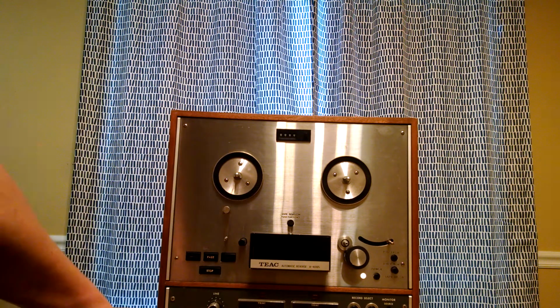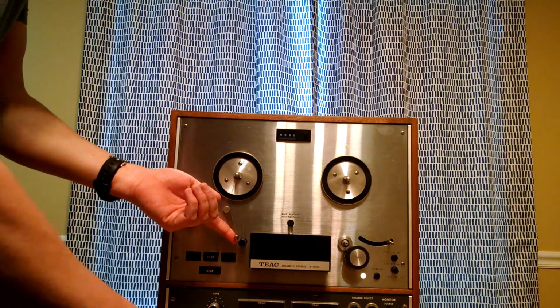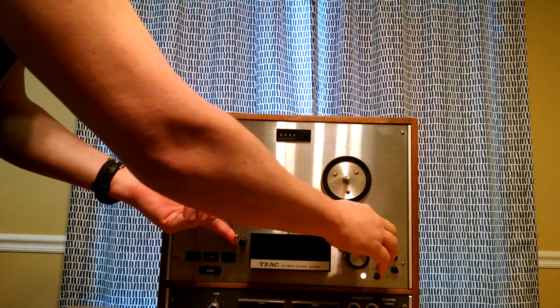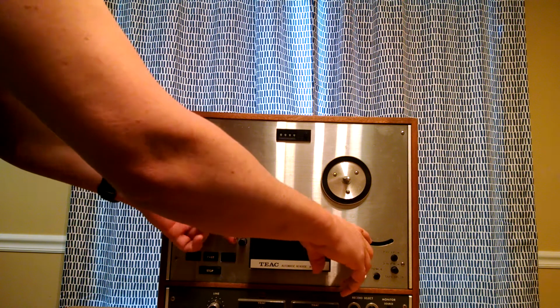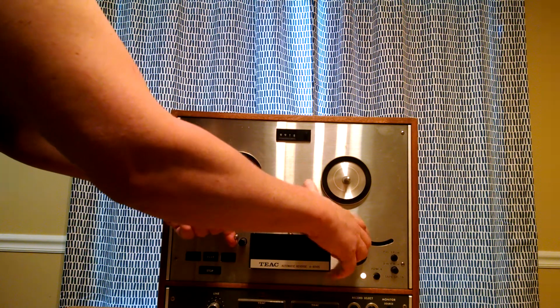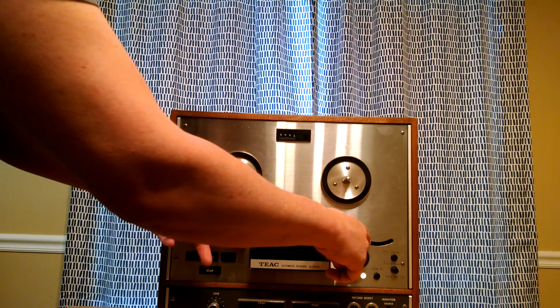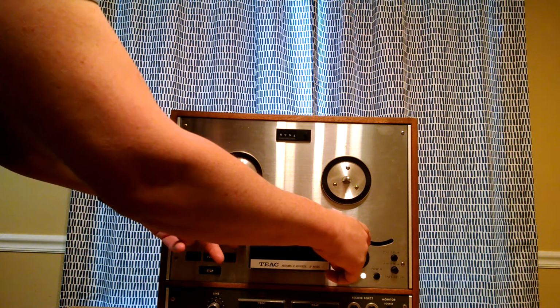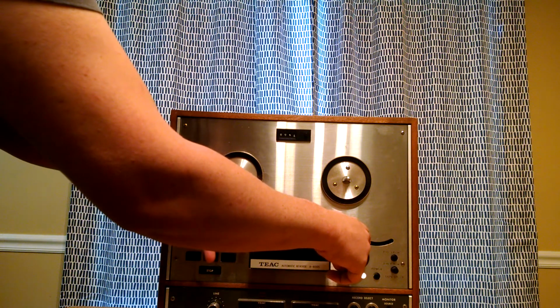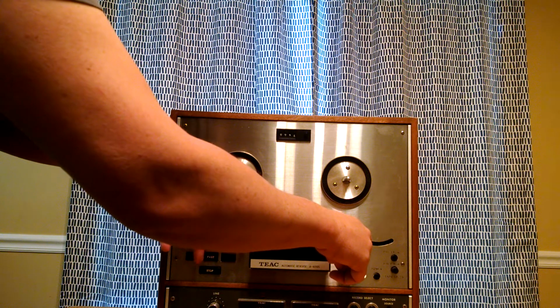VU meters work fine. This plays and records fine. I did both, and it sounds great. So we'll do this, and then we'll push play. As you see, the counter's working, and then we'll press stop. The stop seems pretty instantaneous. I guess this is where the problem may have been. I don't know. Like I said, I played two other tapes. I just don't want it to be something that...